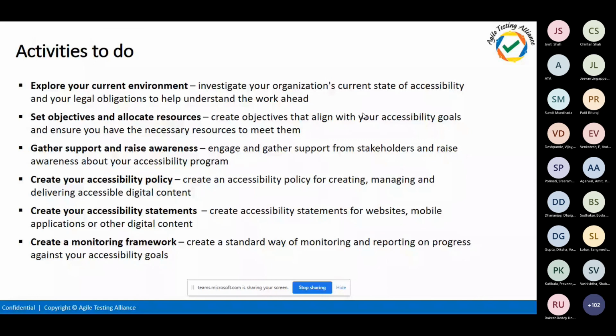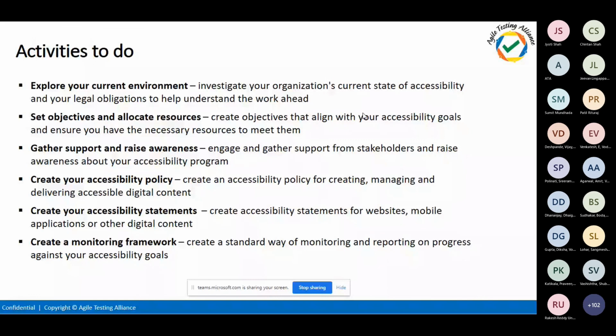raise awareness. You can blackmail your clients, to be frank, in two ways. One is make your website accessible, or the second way is if you don't make your website accessible, you will be getting fined. And we can also ask some of our specially abled persons to file a fine against them also. Just kidding. So such kind of awareness, like what might be the impact if our client doesn't do accessibility testing, we have to explain the impact and create awareness among them.